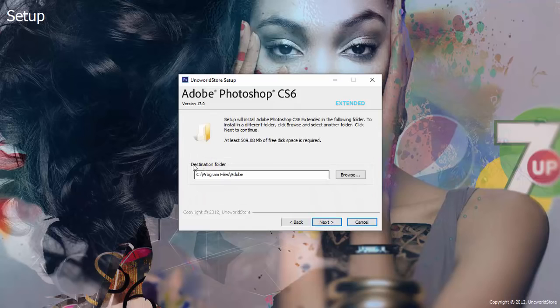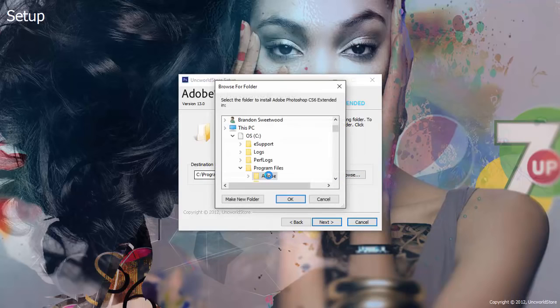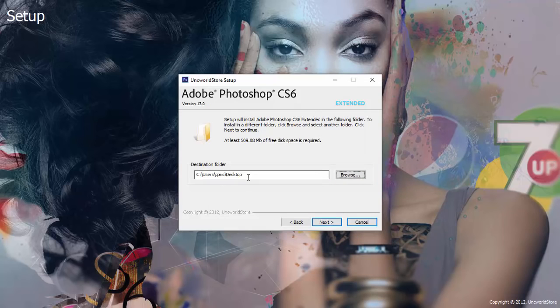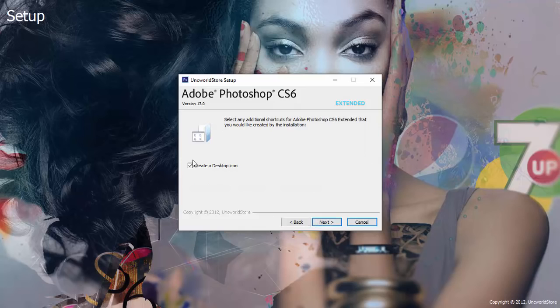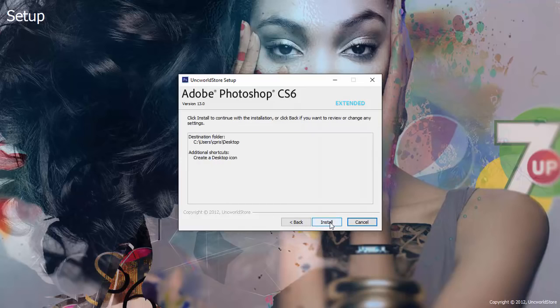This is where your download is going to go to. This is the destination folder. So if I want my Photoshop to go on my desktop, I'm going to click browse, and then I'm just going to click on desktop and OK. So now that I have my destination set to desktop, I'm going to click next. I want to create a desktop icon. I'm going to go to next, and then I'm going to click install, and that is basically how to get